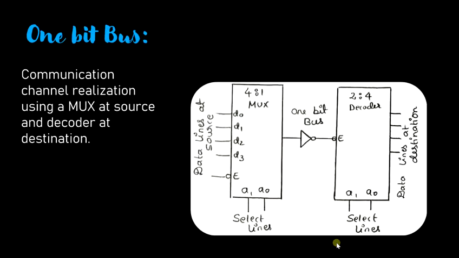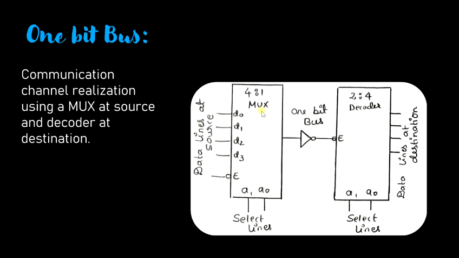So this diagram explains the data lines that are available at the source, wherein we have used a 4:1 mux with select inputs, and we have used a decoder in this particular case with select inputs, and the data lines are available at the destination. And this is the 1-bit mux with the NOT gate provided because the enable input should be active low. So what this does is,